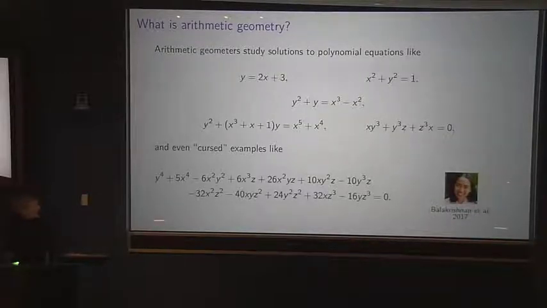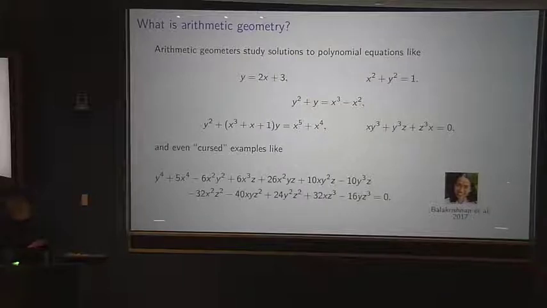I've shown you some examples on the screen. Some of them look very simple. Some of them may be a little more complicated. This is a rich subject that number theorists have been interested in going back to Diophantus and the ancient Greeks. But maybe to motivate, although this is a somewhat recursive motivation, why such equations are interesting